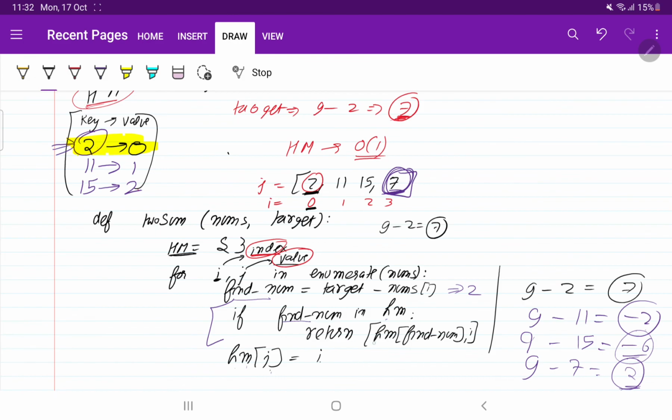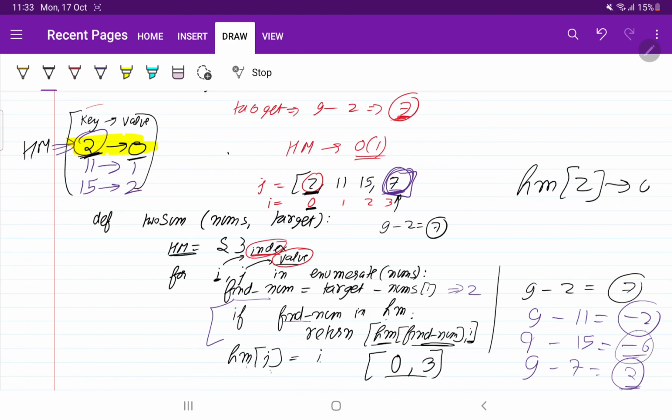So what will it do? It will return hm of find num, so hm of 2. If you look at what is in this hash map, the hash map of 2 will be 0. So here it will return 0, comma i. What is the i? i is the index that was being checked. So it was 3, so it was 0 to 3.